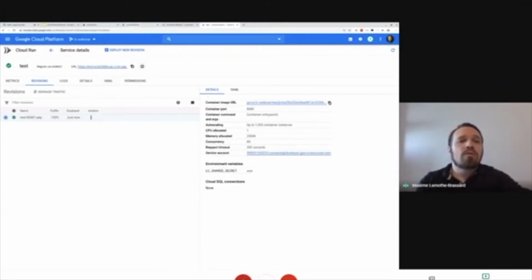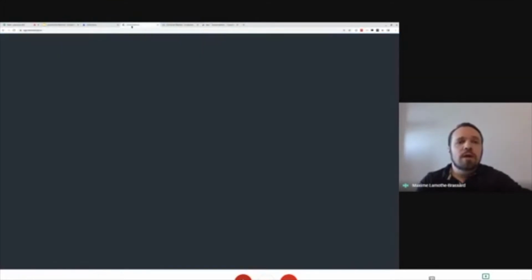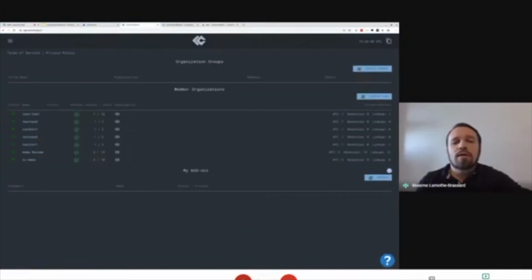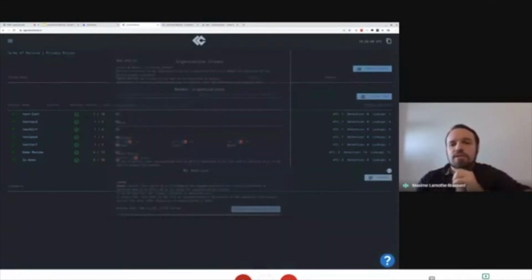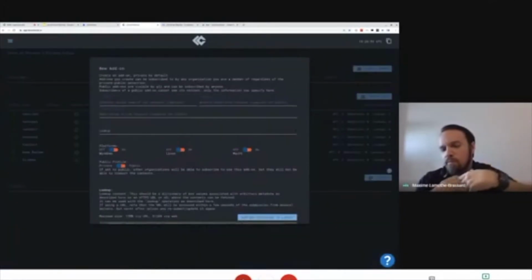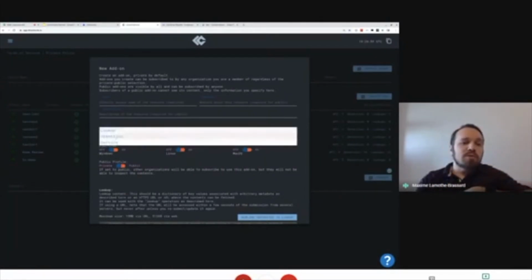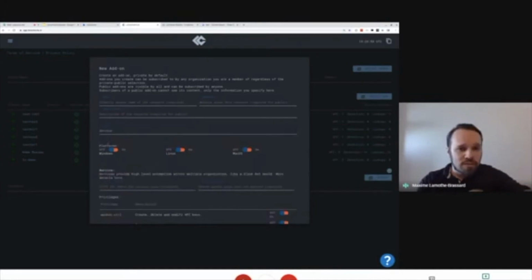The next step is that we will actually go into LimaCharlie, and now we will create our service. In the same way that we used to be able to create add-ons, we can now create a service. This will tell LimaCharlie clouds how it can reach our service, the permissions that it should have, all that basic information.